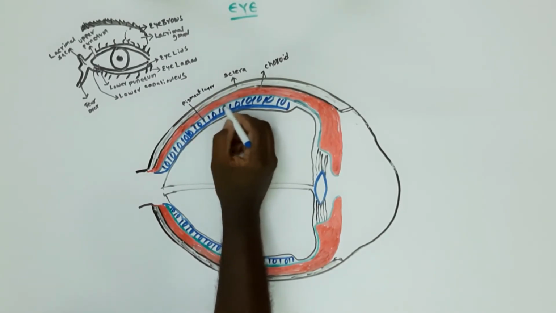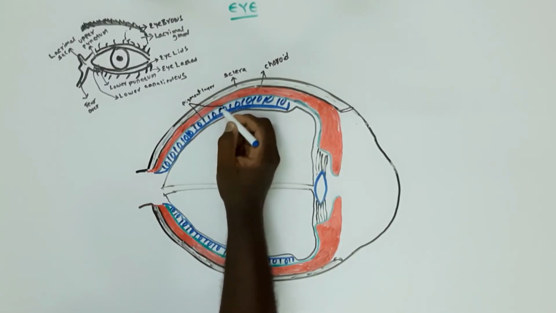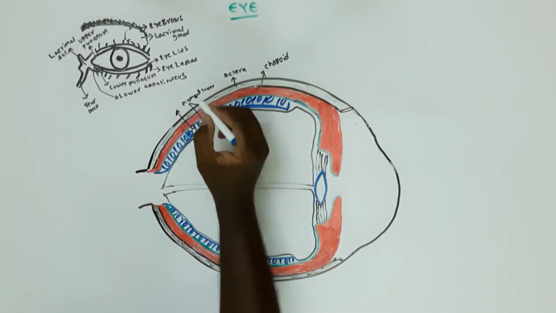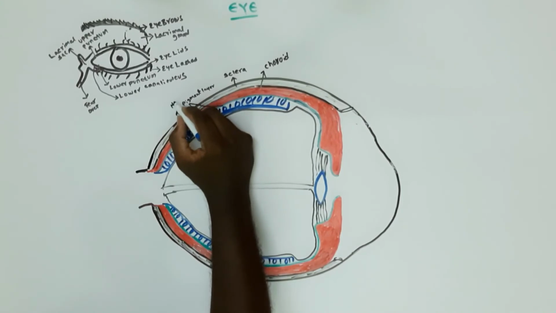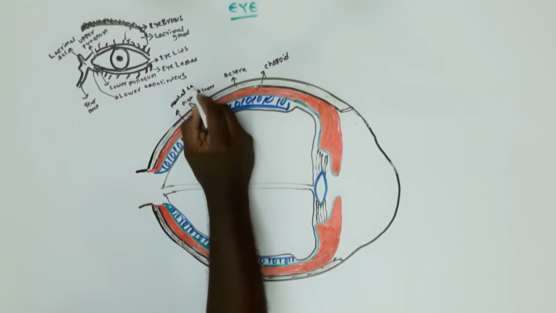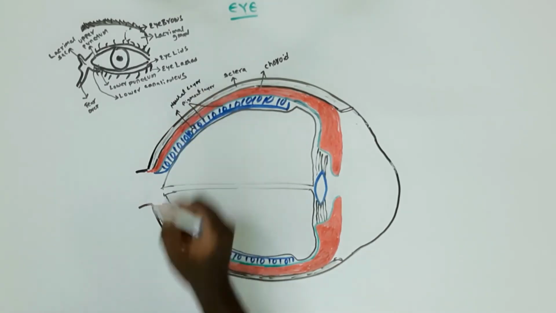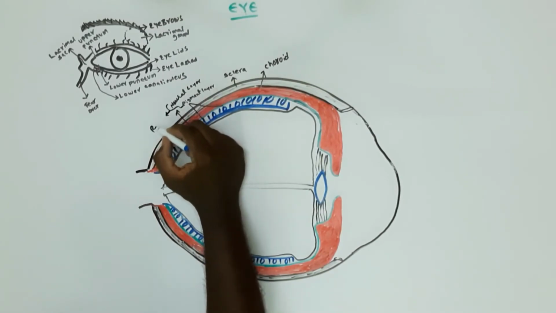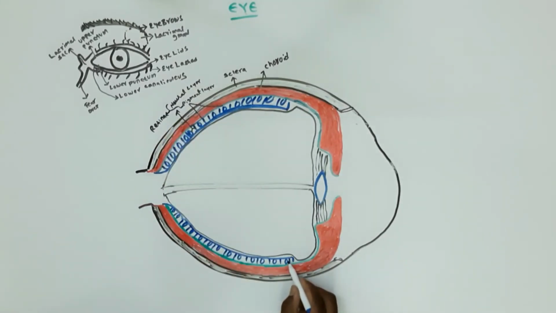The pigment layer is a sheet of melanin-containing epithelial cells located between the choroid and the neural part of the retina. Now we are seeing the neural layer of rods and cones, which takes all the pictures to the brain. Whether black and white or colored, everything is done by these two layers, called the retina. Now we will see the rods and cones in a separate diagram. I will draw it neatly to show you how it works.